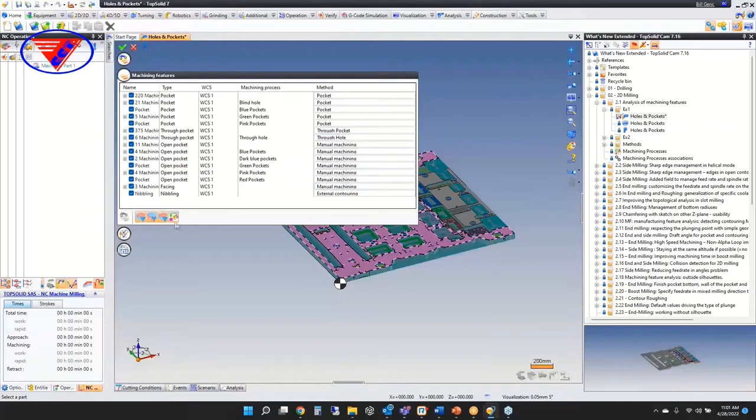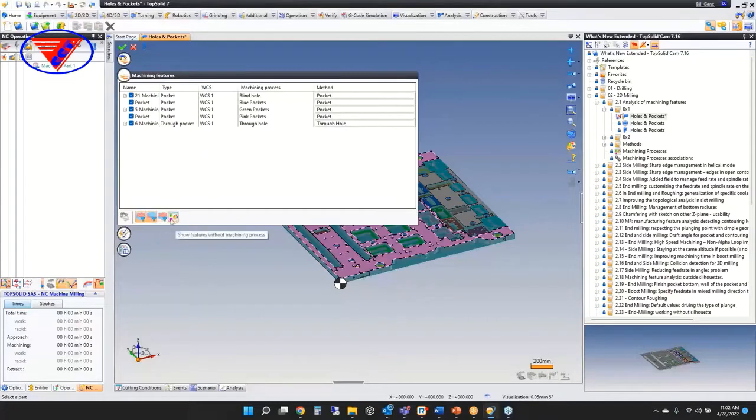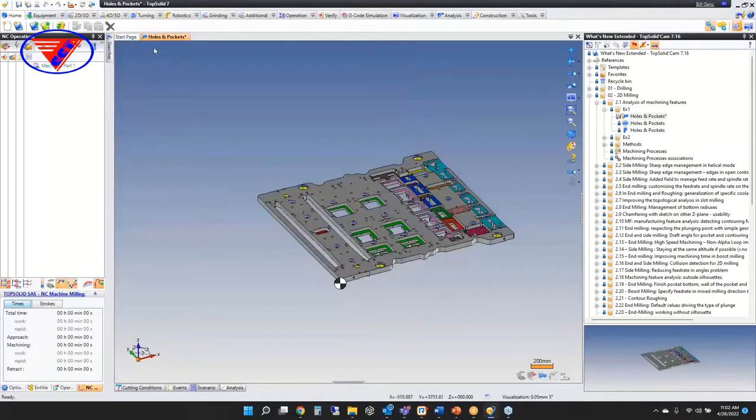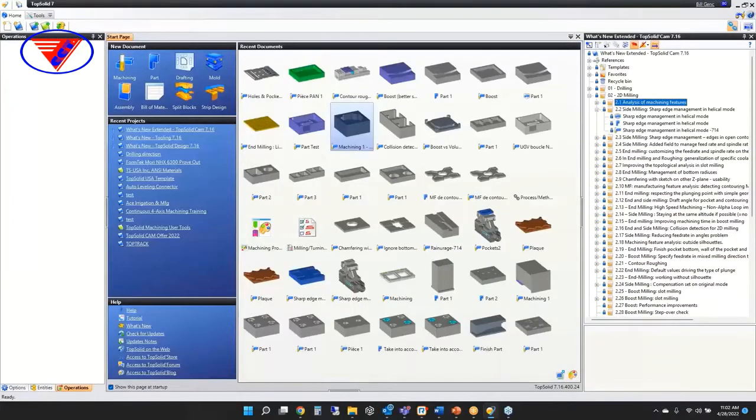Some of it's manual machining. So here we can show features without machining processes. We can show features without associated methods. Okay, so these are the two new commands. It's just to help you minimize and find precisely what you're looking for. Cool. Close that one off. Next one